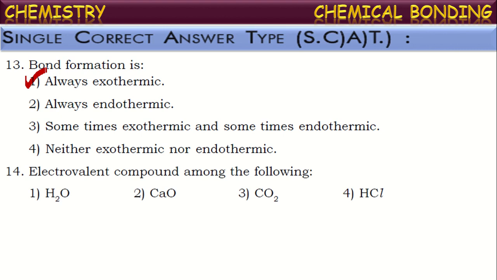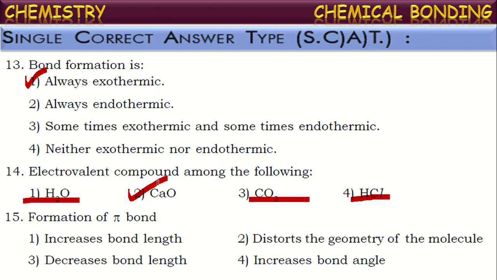Next, electrovalent compound among the following. What does it mean by electrovalent compound? Ionic compound. That is, a compound formed by the transfer of electrons between the atoms. That is called an electrovalent compound. See, H2O is a covalent compound, carbon dioxide is a covalent compound, even HCl is also a covalent compound, because in these three sharing of electrons is taking place. Only in case of calcium oxide does electron transfer occur and thus result in the formation of an electrovalent compound. Okay, next,